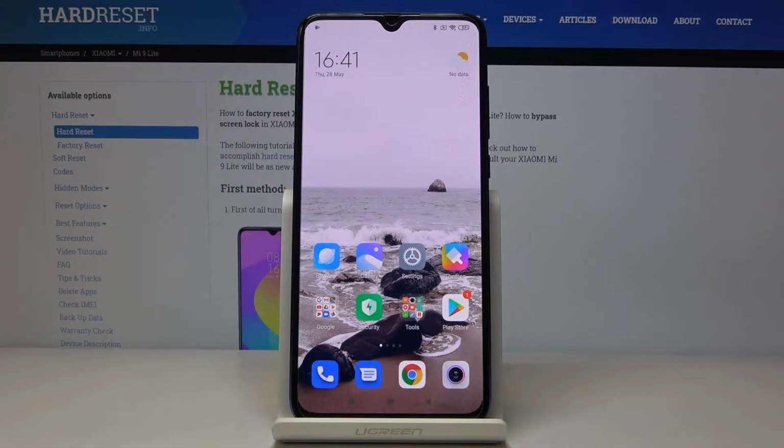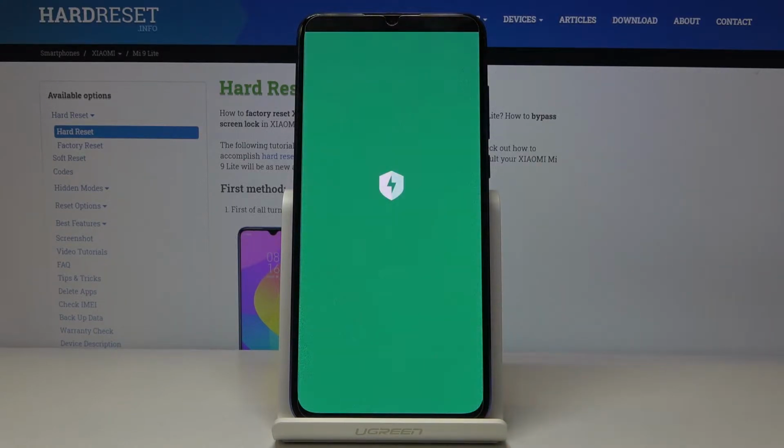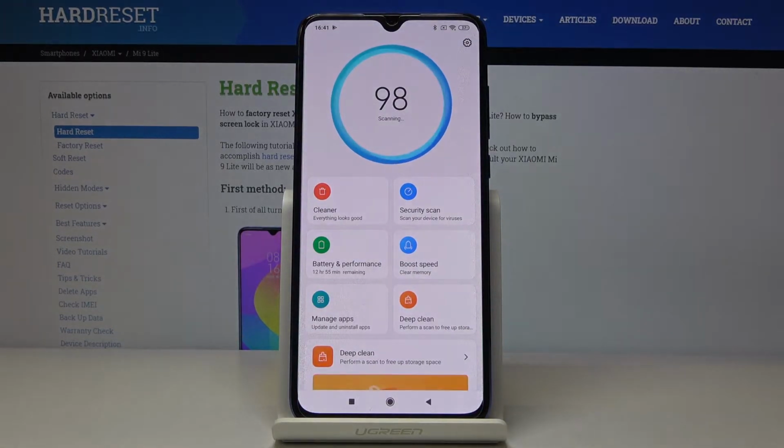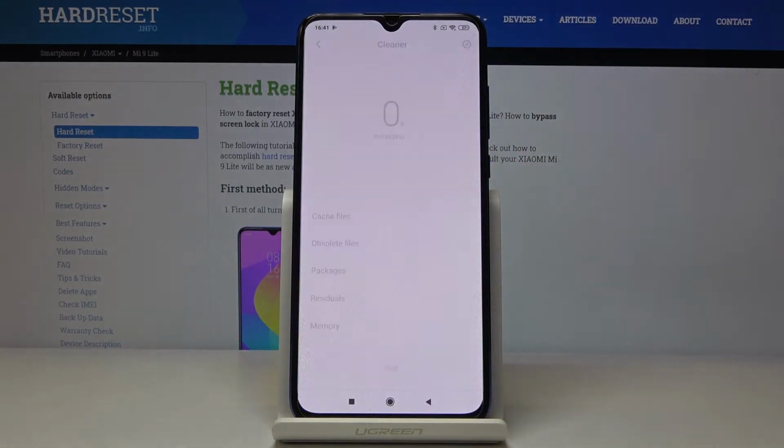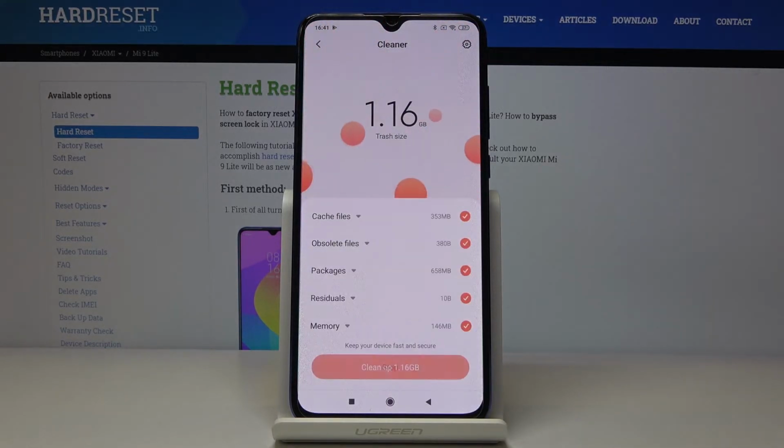Here I've got Xiaomi Mi 9 Lite, and let me show you how to speed up the following device. So at first just open the security, it's right here. And now let me start with tapping on cleaner. So just open the cleaner and tap on agree to confirm all the terms and conditions, and now your device